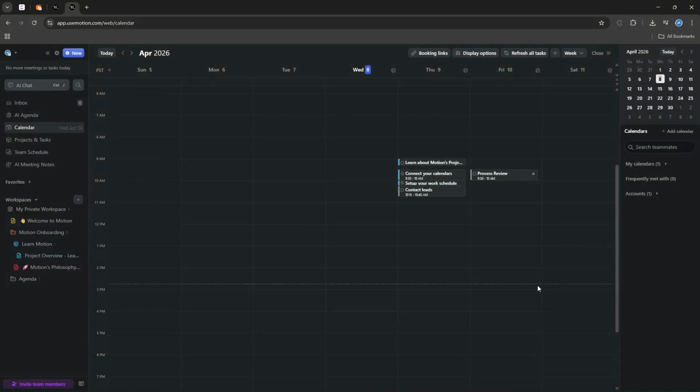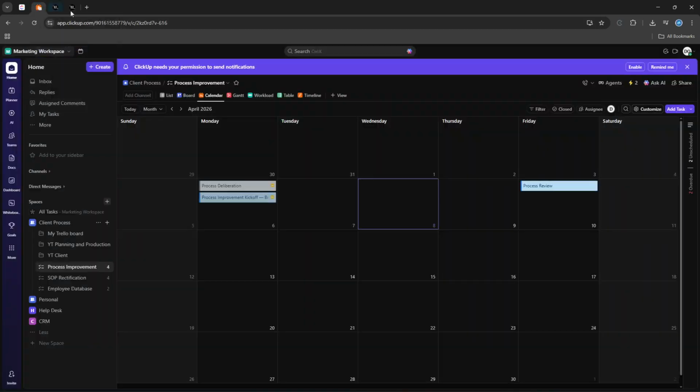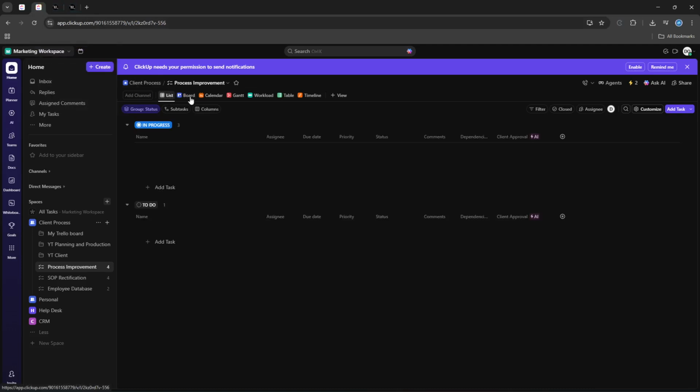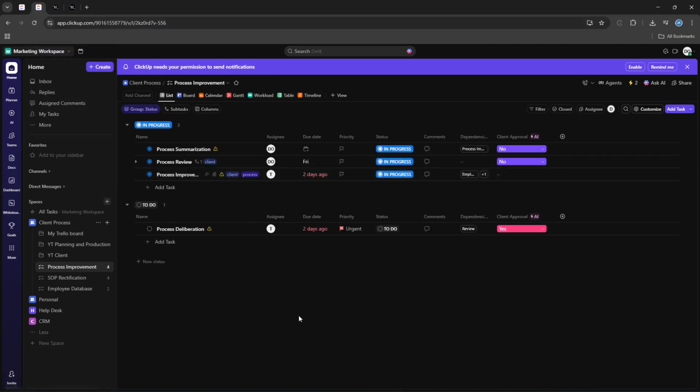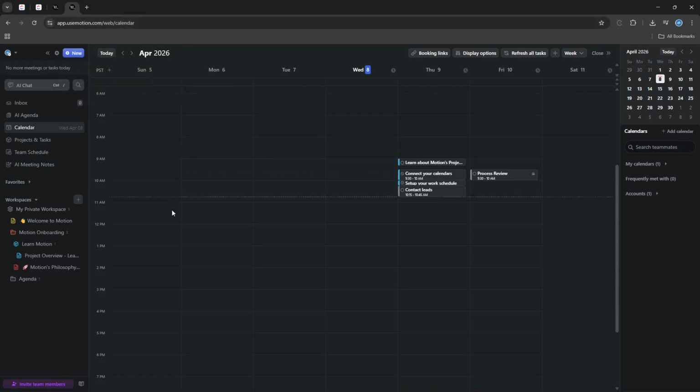Here's the bottom line. Choose ClickUp if you want a full project management system that supports team collaboration, custom workflows, and an all-in-one approach to organizing work. It's best for teams, agencies, and growing businesses that need structure, visibility, and shared accountability. Choose Motion if you want AI to plan your entire day with automatic scheduling and minimal manual planning. It's best for individuals, freelancers, and executives who want to maximize focus time and let the calendar do the heavy